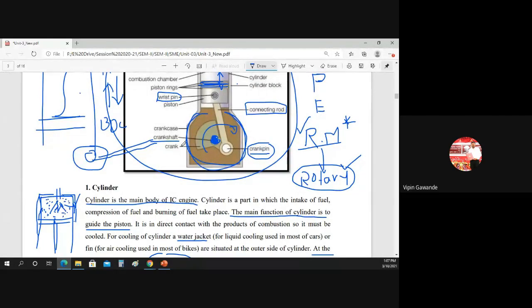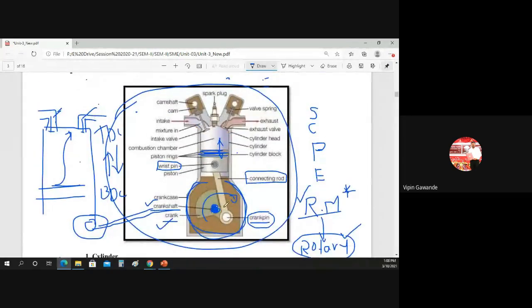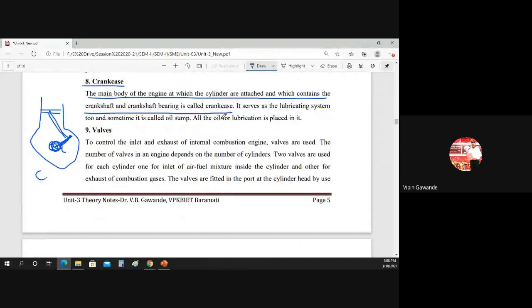And what does this crankcase contain? It is having the crank and the crankshaft. So crank and crankshaft are there in the crankcase. In a two-stroke engine, we have seen everything comes inside this one, but in a four-stroke engine, nothing is there. This is empty in case of a four-stroke engine, while in a two-stroke engine, we have seen the air-fuel mixture comes into the crankcase. So that is the next part, called the crankcase.